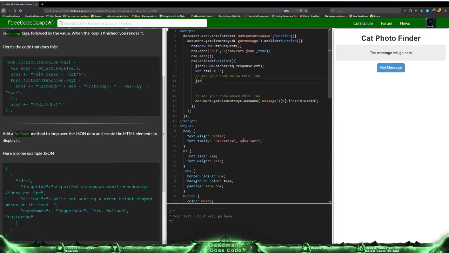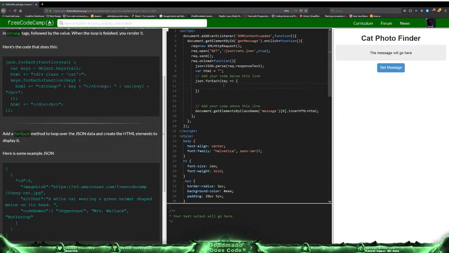So I need to do a JSON forEach. What do we call this? We call it key. So this is our key, and then for each key,